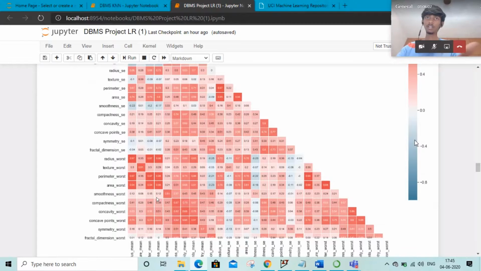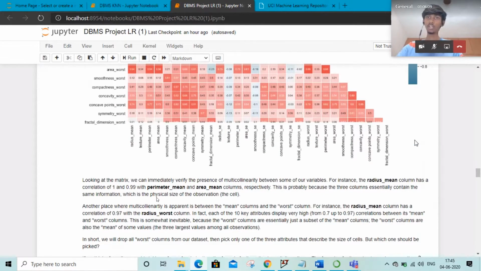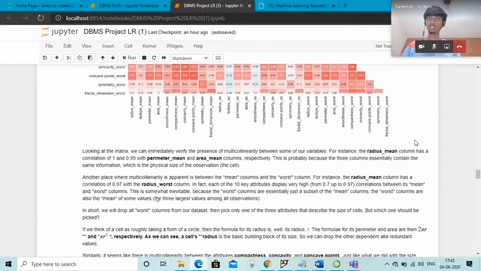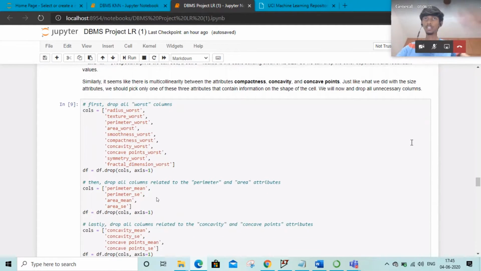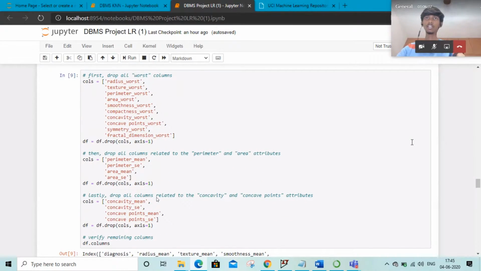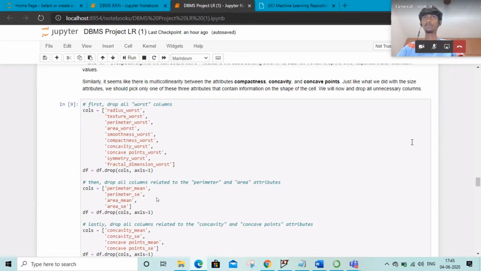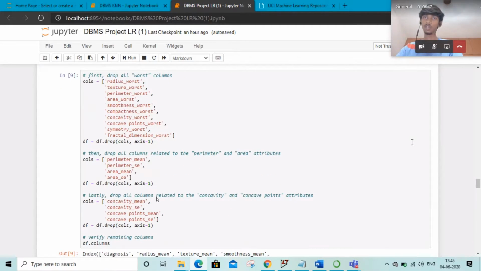If the correlation value between two data features is 1, it means that there's too much in common between those two features, and there's too much recurring data. So either of those will be deleted later on. We delete based on our previous analysis of correlation and looking at the graphs of various features. We can delete all the columns named worst, because these columns are almost similar to the columns named mean. That is, radius worst and radius mean are almost similar,